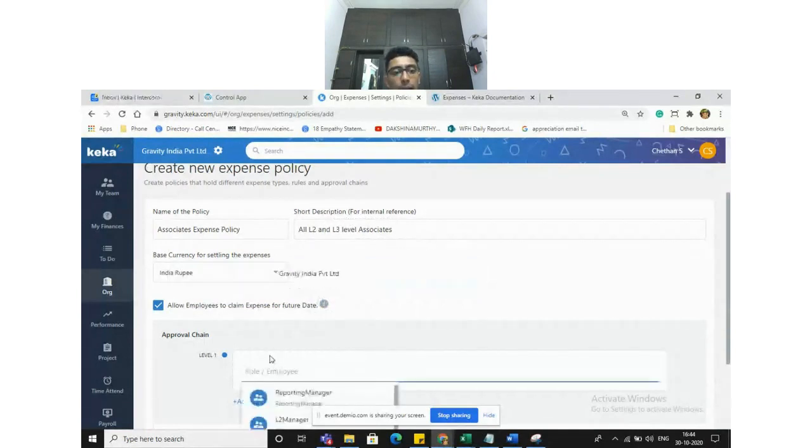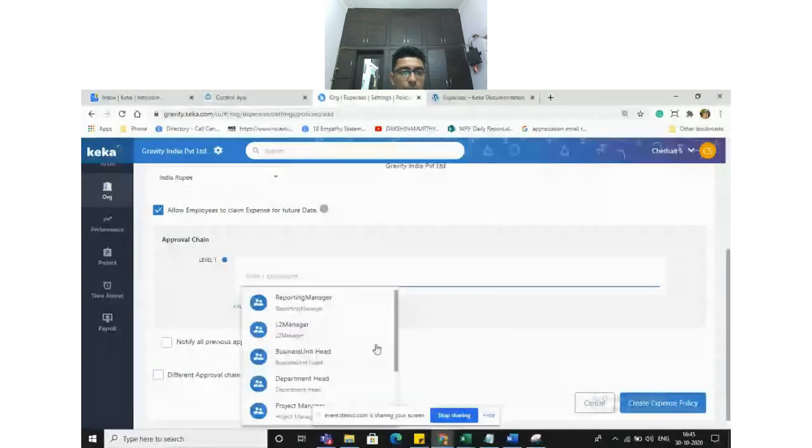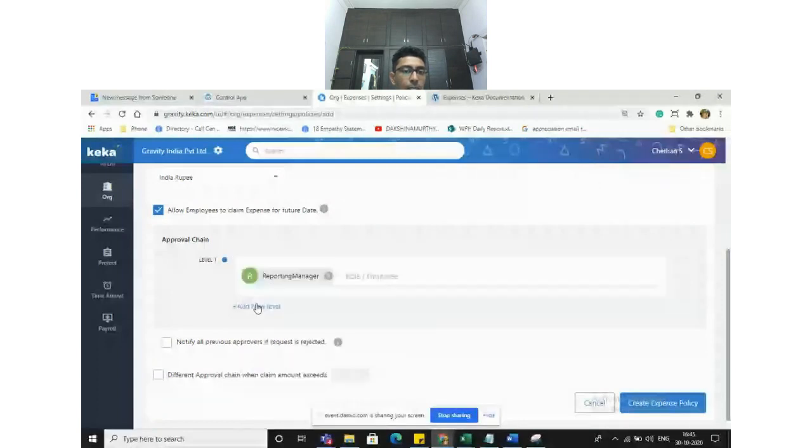Okay, and any particular expense may go for an approval, and who will be approving it is up to you. You can choose from the given levels: the reporting manager, L2 manager, business head, department head, whoever it can be.